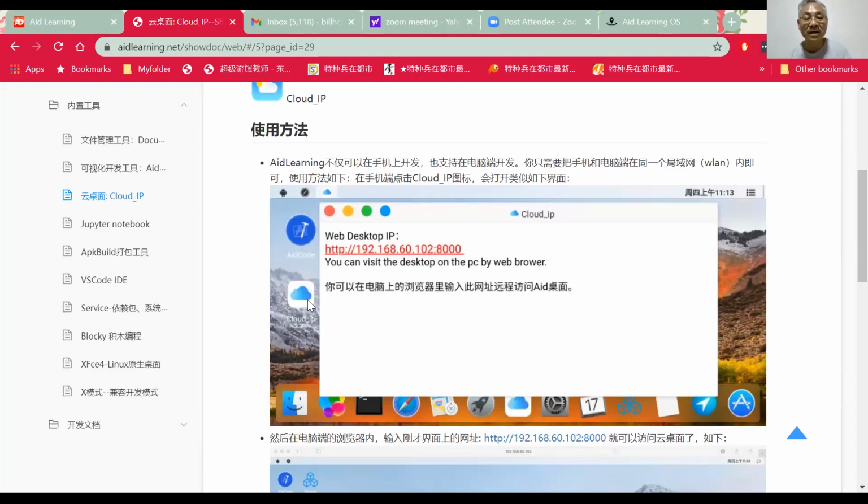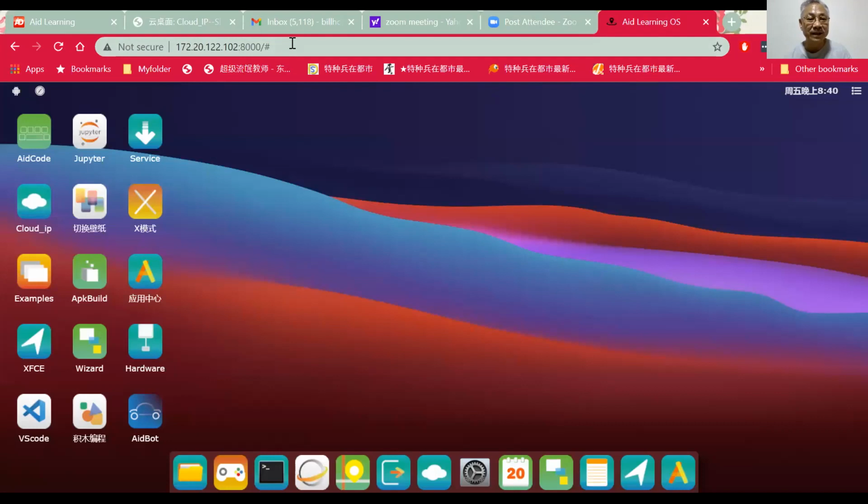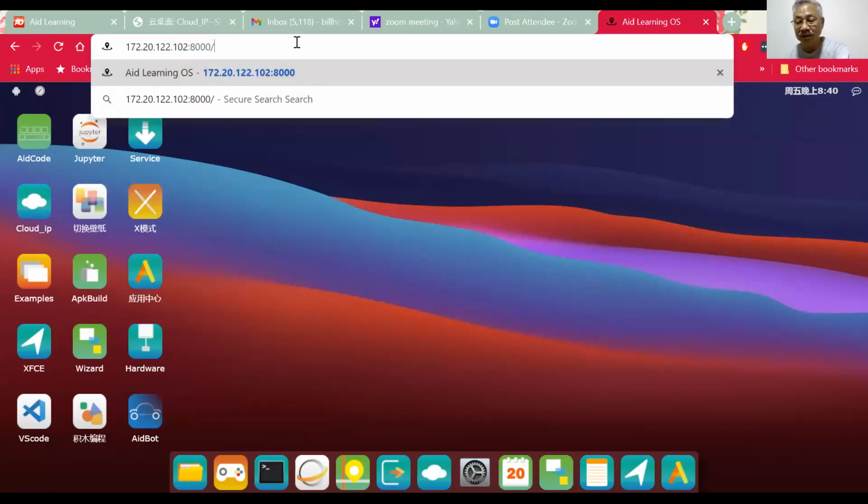Once you click on the cloud IP, it will give you an address. As long as you have the same router as your phone, this is your phone IP, with 8000 after the colon being a port number. You type all this in your browser, and you can see actually